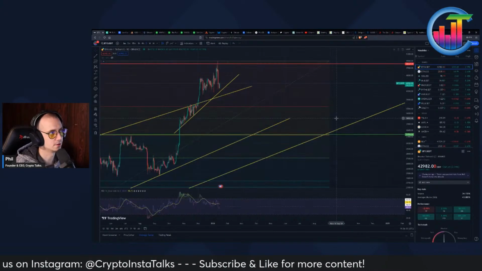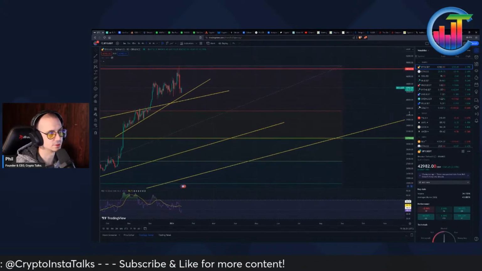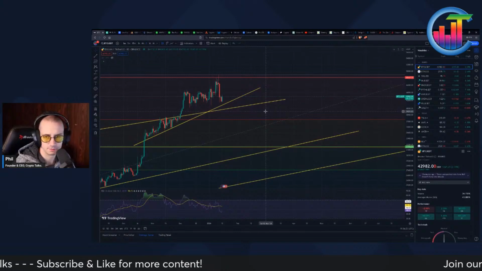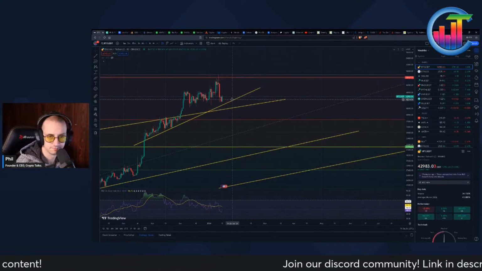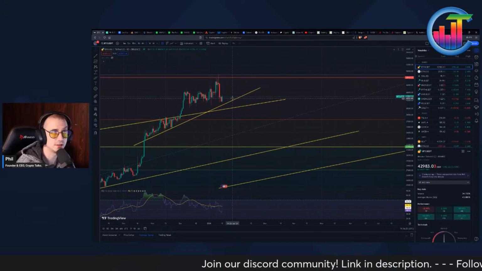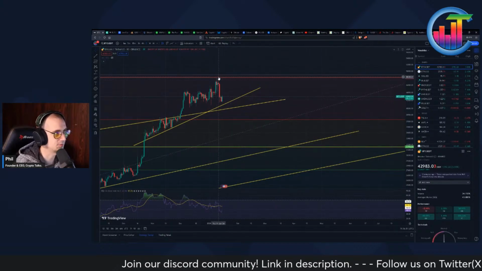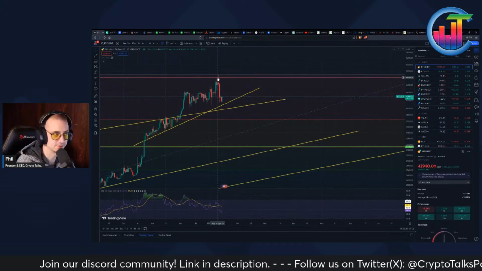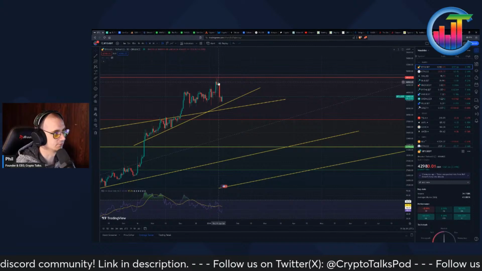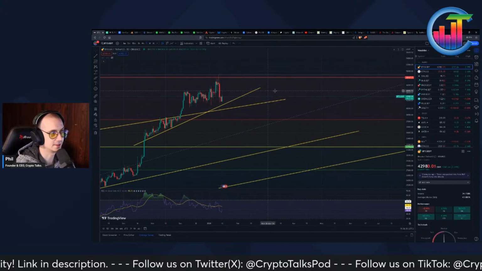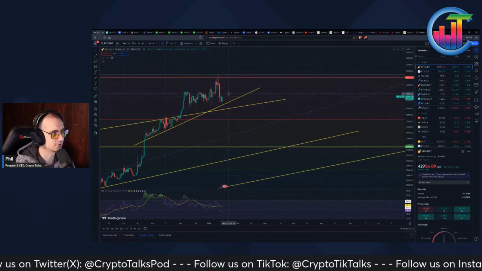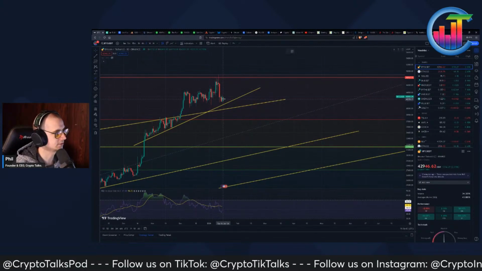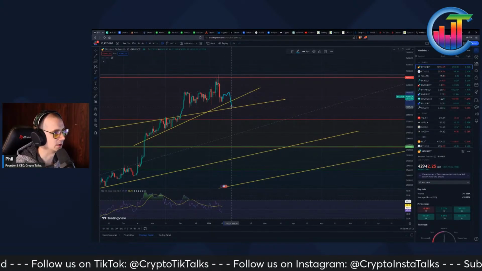Where we were on the fear and greed now was 52, and yesterday it was more than that. It was 60, and then the week before that, which is where the peak happened, we were at 70 plus, and just this little red candle right here on the daily put us all the way down to 50. So if we see one or more of those, maybe we see something like this on Bitcoin, and then like that,